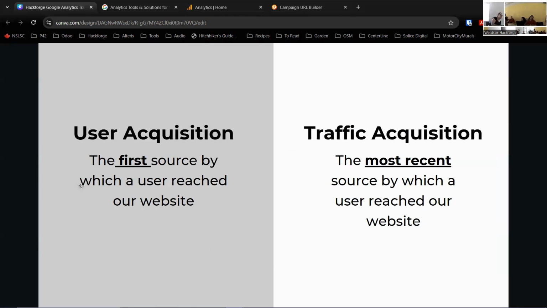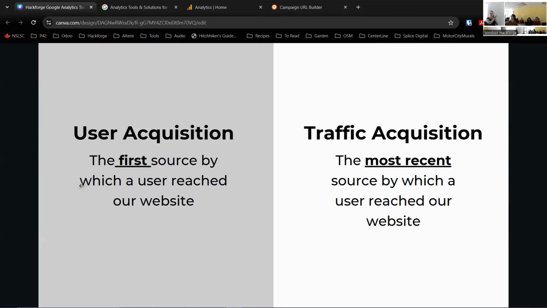Question: I'm seeing a third thing on our data of our site here. I see user acquisition, traffic acquisition, and then user acquisition cohorts. Okay, that's correct. I don't have that in the slides, but we can get into that after. No worries. Yeah, it's all good. There's a lot that it goes through in there, and I wanted to get some of the basic concepts out of the way first, and then we'll dive into that after. So